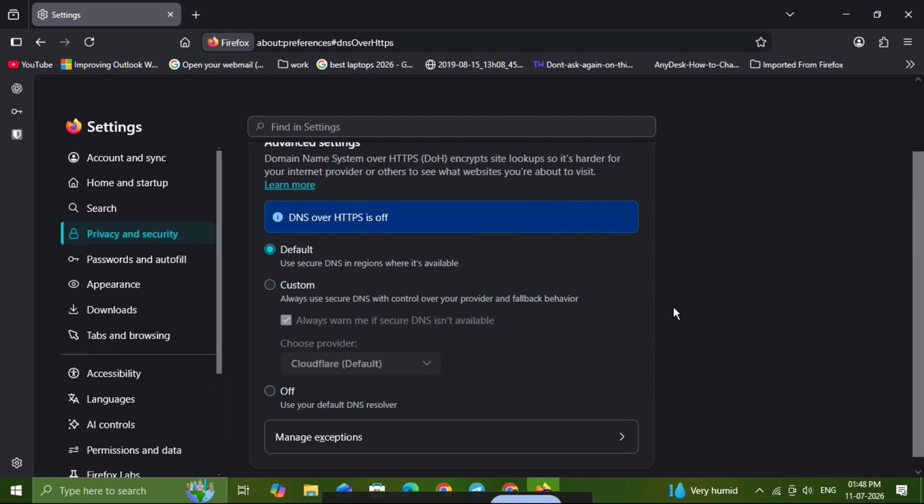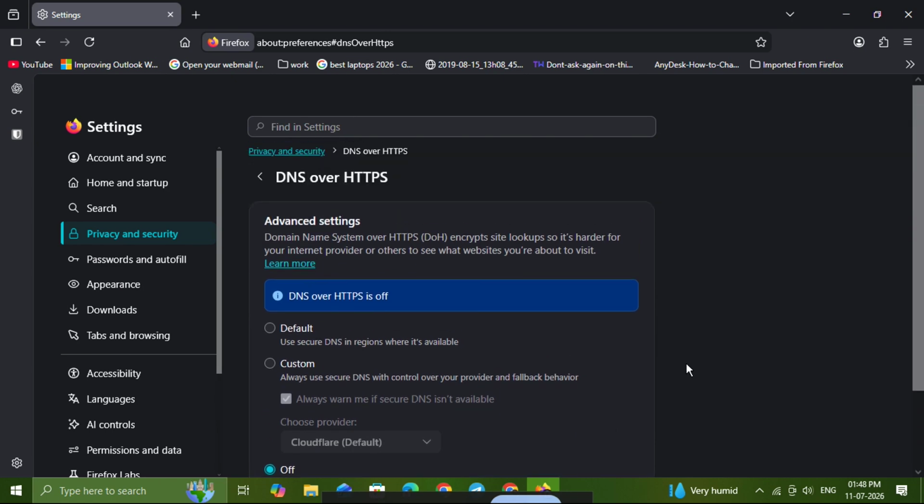In the options that appear, select Off. Turning this off disables that specific feature, which can be useful if you want to manually manage your browser's secure connection behavior or if a site is having compatibility issues. After you make the change, Firefox will usually save it automatically, so there is no extra confirm button in most cases. At this point, your setting has been updated, and you've successfully adjusted the privacy and security configuration in